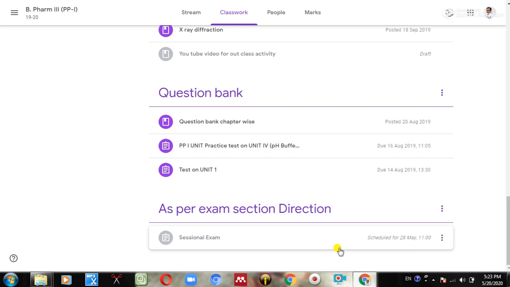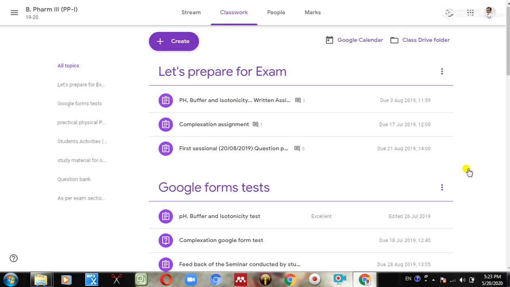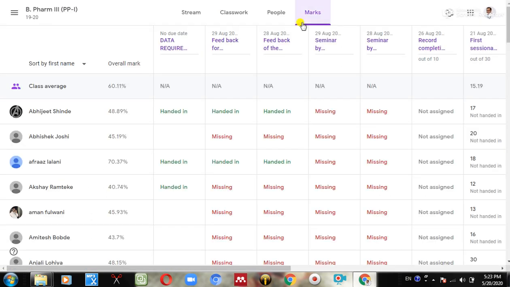So it gives the advantage that it automatically calculates the class average, that is the entire assignment average, and individual student average. Right now, according to the PCI syllabus, we need to give marks based on the assignment and student-teacher interaction. We can easily see from over here that Abhijit has 48%, and at the same time Dhanashri has 84. So from this particular task, we can say that Apurva has almost completed her assignment, 86.67.